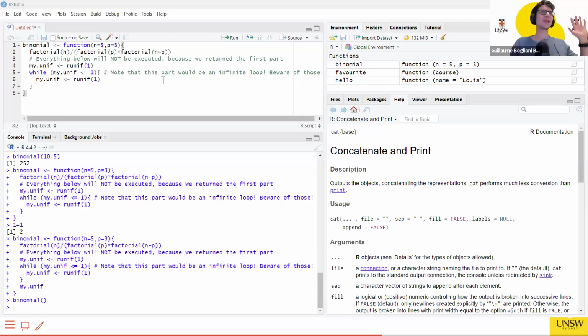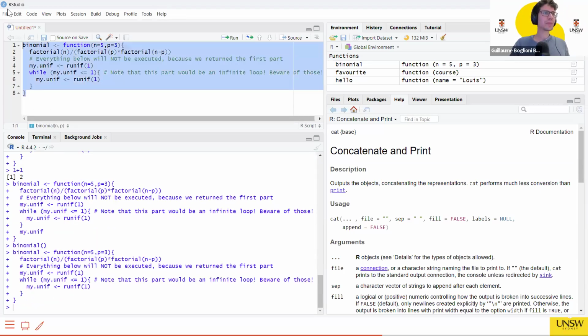So it is an infinite loop. It's just that I haven't called my function, right? So when I type this, I'm just creating my function. So far, there's no problem. I declared my function, but now, obviously, I need to use it. And now if I use it,